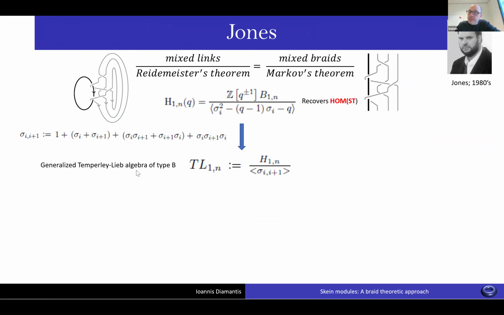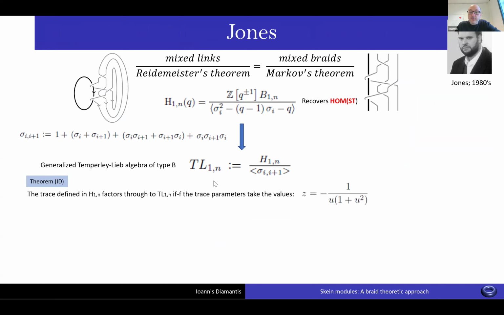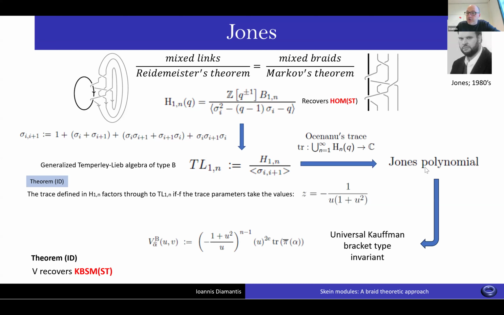Now, in this generalized Temperley-Lieb algebra of type B that I defined, I managed to prove that the trace that Lambropoulou constructed for the generalized Hecke algebra of type B passes through to the Temperley-Lieb algebra, right? And this happens when the trace parameter takes this value. All right. And then using this Ocneanu trace, I obtained the Jones polynomial, which is, let's say, the universal